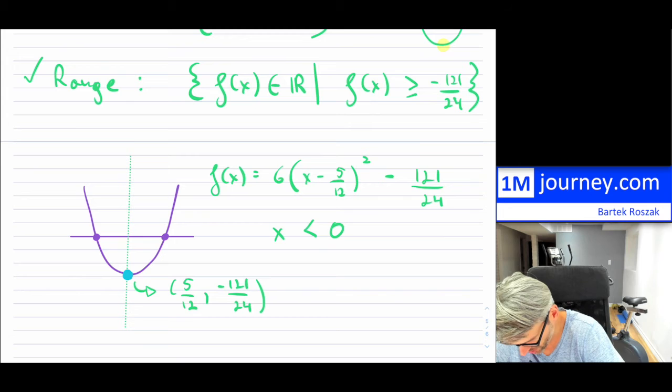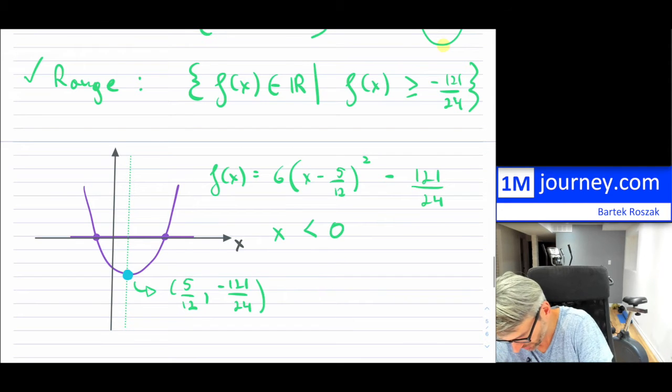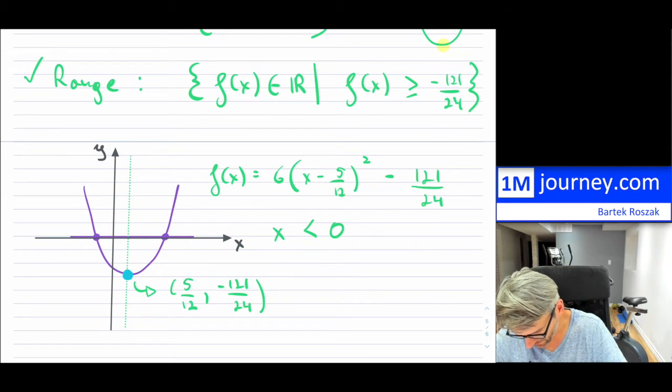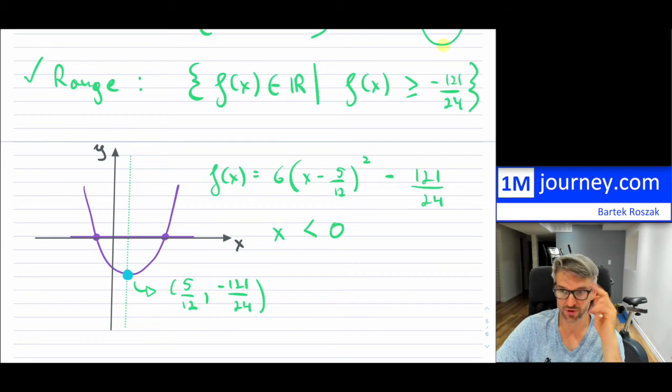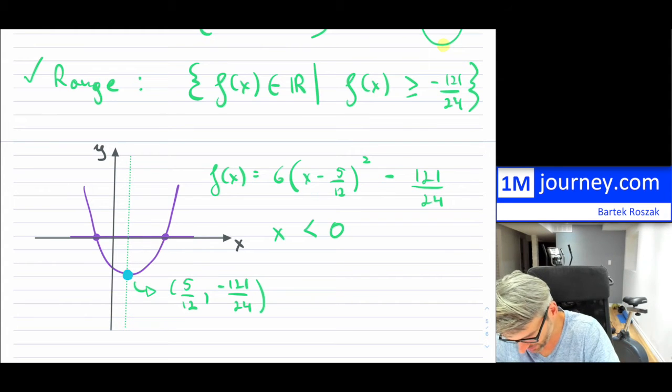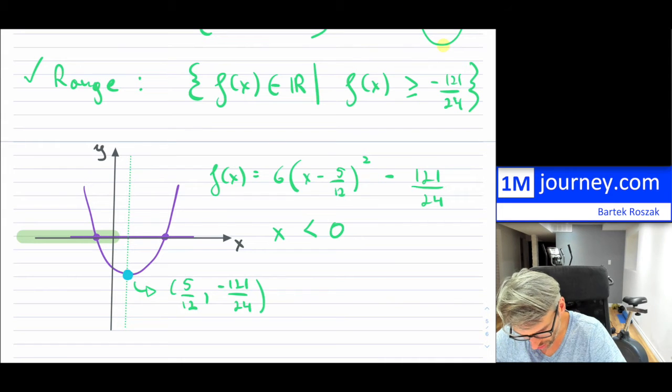So it's just a little bit to the right. If I was drawing, let's say this is my y-axis, it kind of looks like this. This is your x, and you can think of this as your y. Because of the line of symmetry, that vertex is at 5/12, so it's a little bit to the right. And they're saying that the domain is basically all of this to the left, because it's less than 0. So we want to know all the values. So this will actually have an inverse